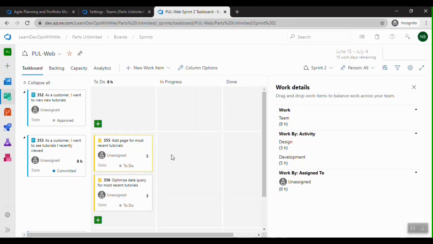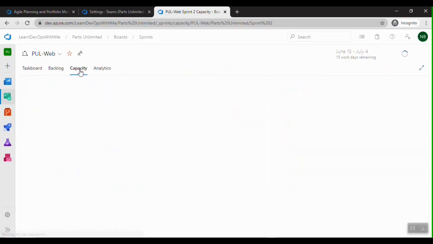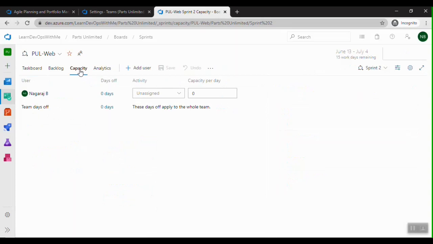So let's go and do capacity planning. Okay, so I'm the only user here, and let's say I'm going to say 1 hour per day as the availability of the resource, and he will be involved in the development activity.